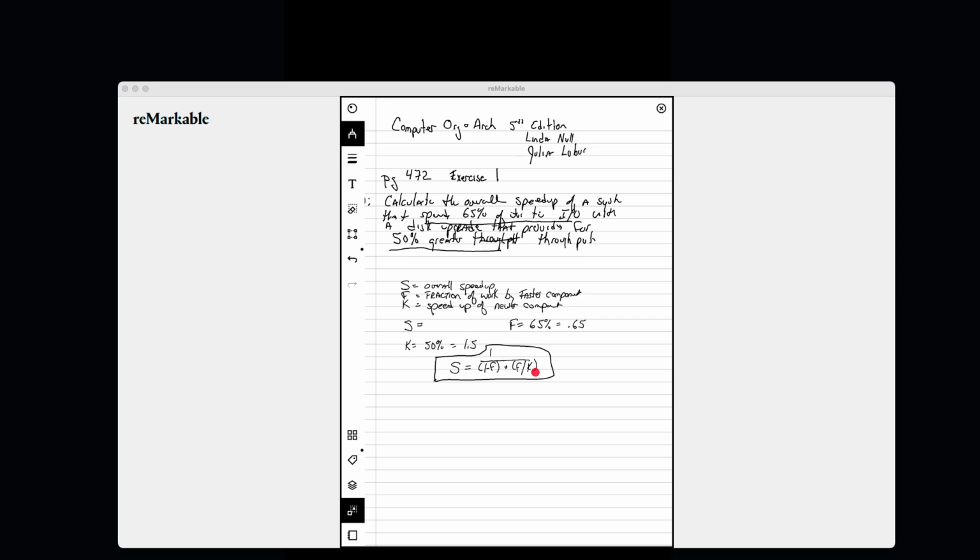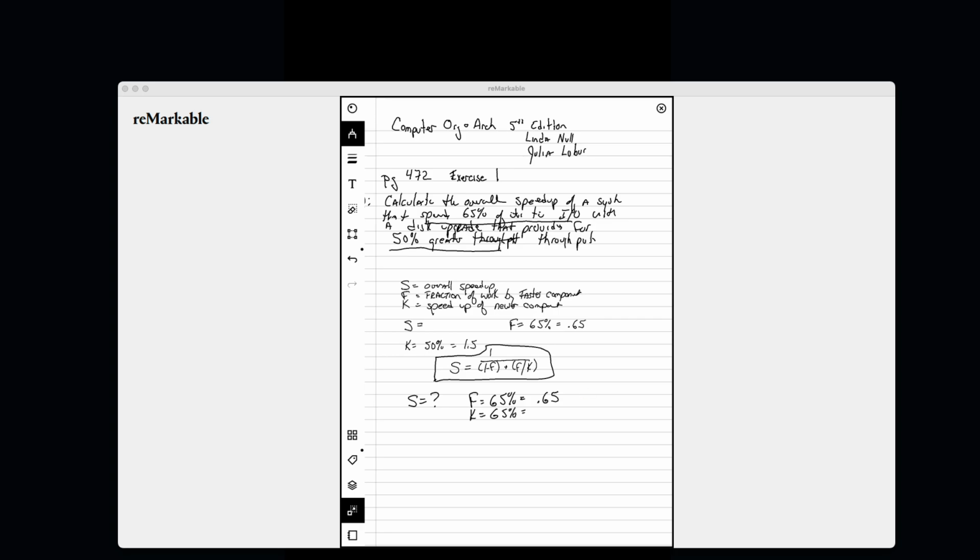I already figured this out for us. We're trying to figure out S, which is the speedup. We know that F, the fraction of work done by the faster component, is 65%, which equals 0.65 in the formula. And then K is the speedup of the newer component,